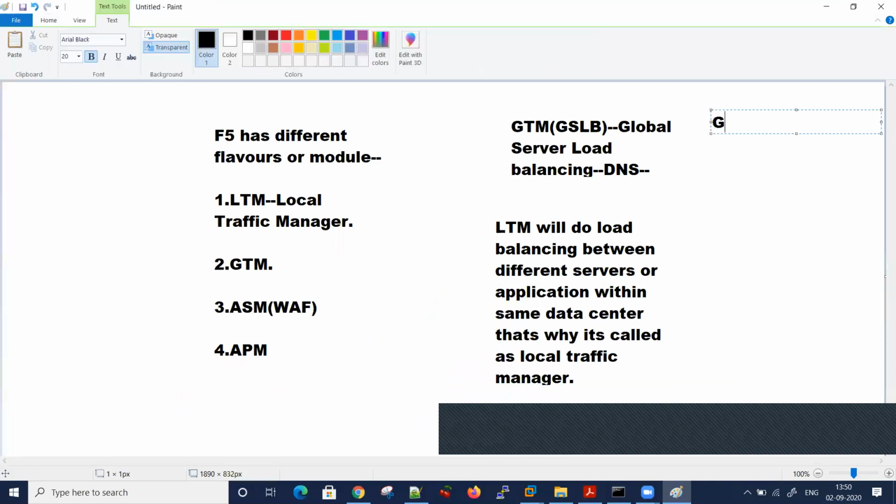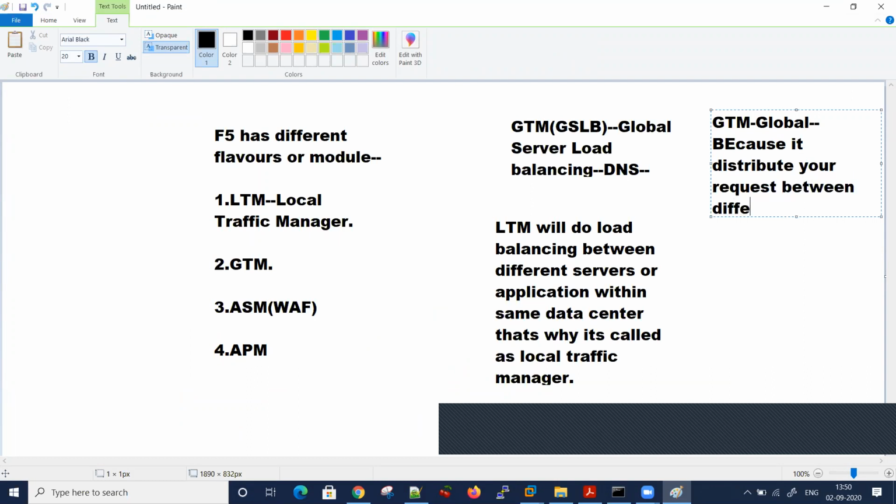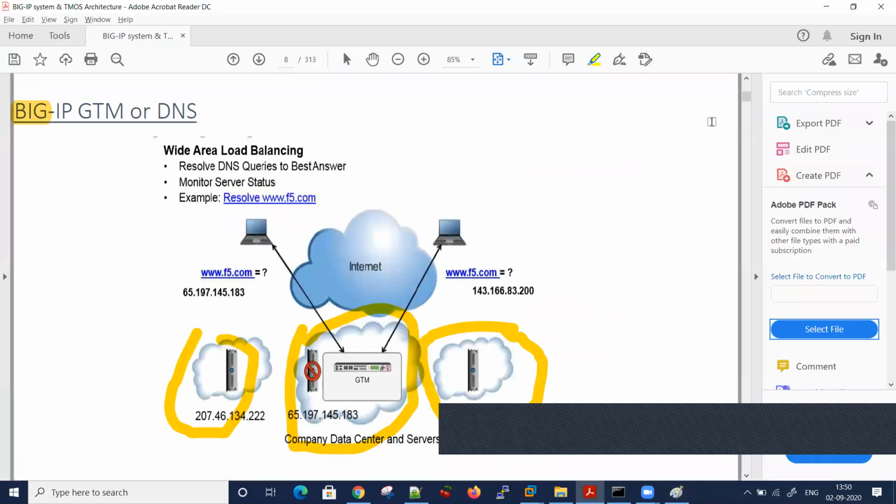But GTM is called global because it distributes your requests between different data centers. So if one data center goes down, you will not get an outage.